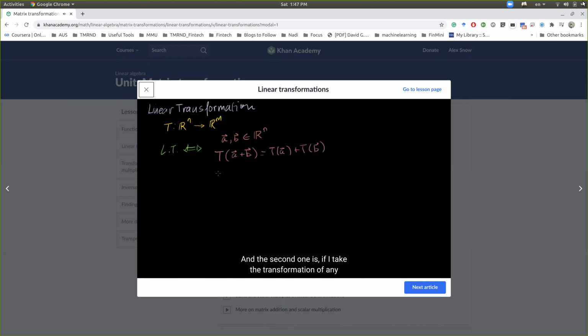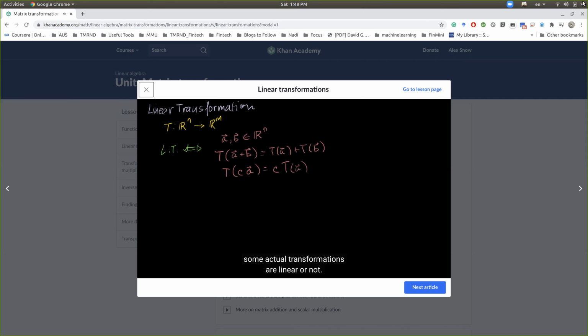And then the second one is that if I take the transformation of any scaled up version of a vector, so let me multiply vector A times some scalar, some real number C. If this is a linear transformation, then this should be equal to C times the transformation of A. That seems pretty straightforward. Let's see if we can apply these rules to figure out if some actual transformations are